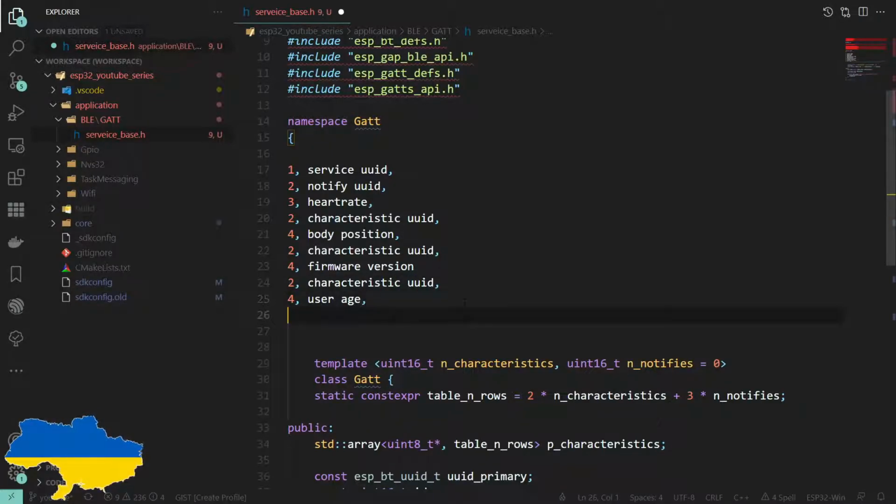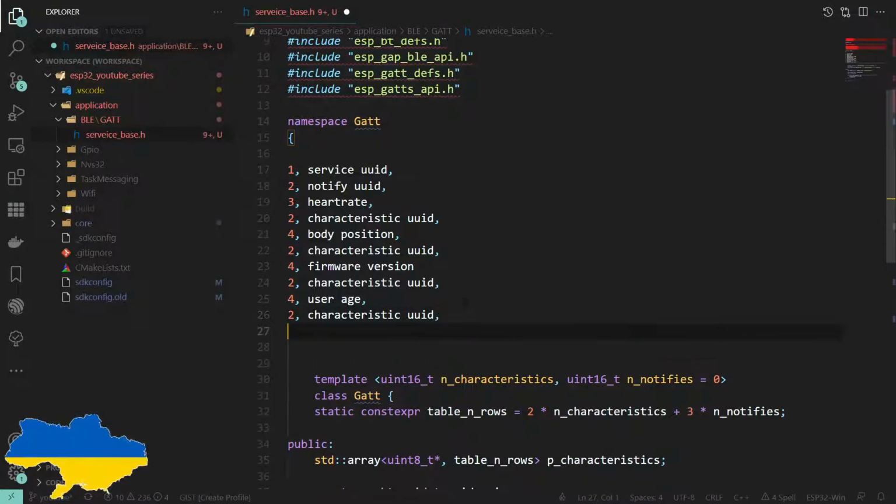I'm typing this because I don't dare paste and send it mental again. Characteristic age, and then to support that we may get a characteristic UUID, which is your calculated age.